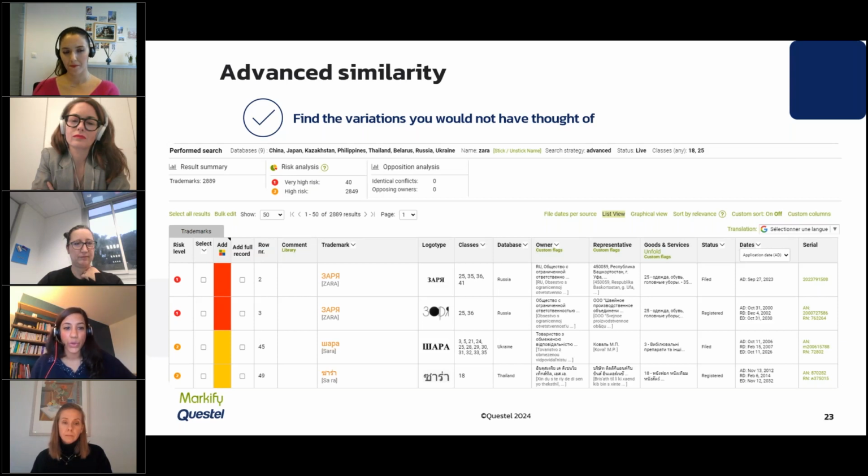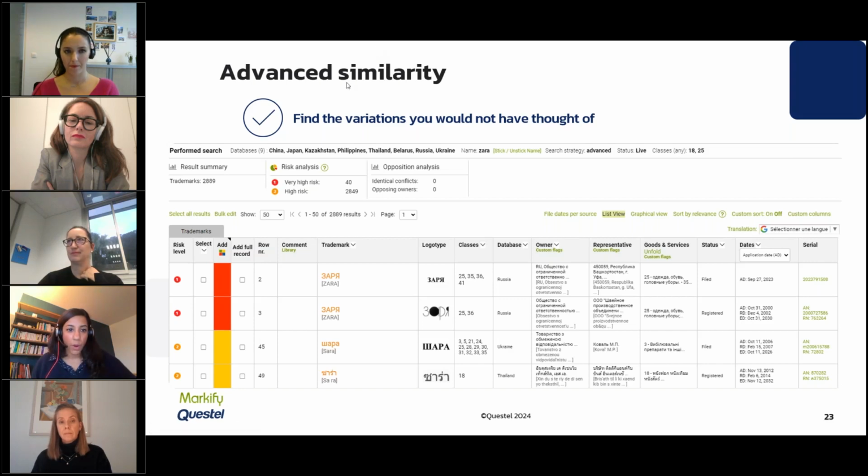We have run a search on the brand Zara. It is interesting to see that the algorithm was able to find some trademarks in Cyrillic and Thai characters, Zara and Sarah. They are the transliteration of the mark Zara, or Sarah, which is very similar phonetically to Zara.